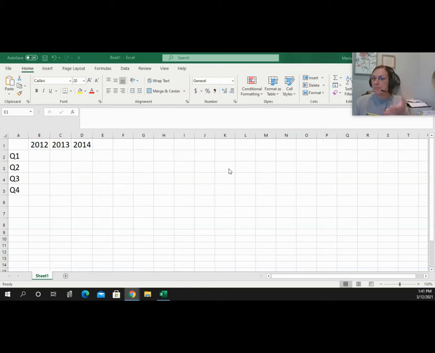So I have set up in Excel because I want to let Excel do the heavy lifting here. I have a spreadsheet. You can see how I put Q1, Q2, Q3, Q4 vertically, and then I've put the years here horizontally. So you'll want to do the same. I would encourage you to go ahead and put the values in here as well. You'll need to type them just as you are given them